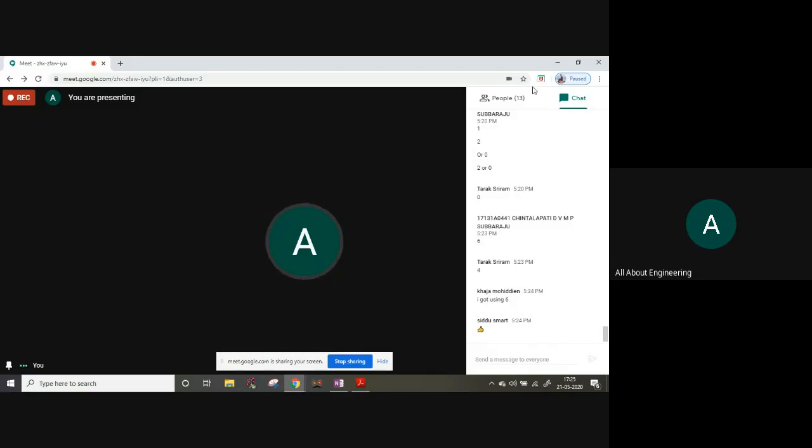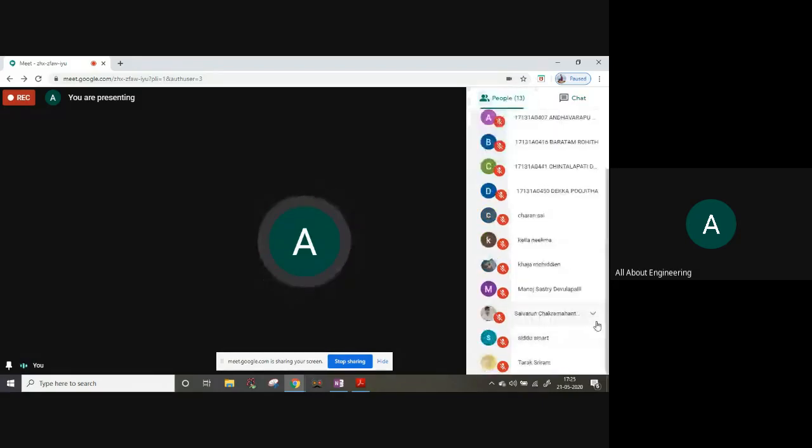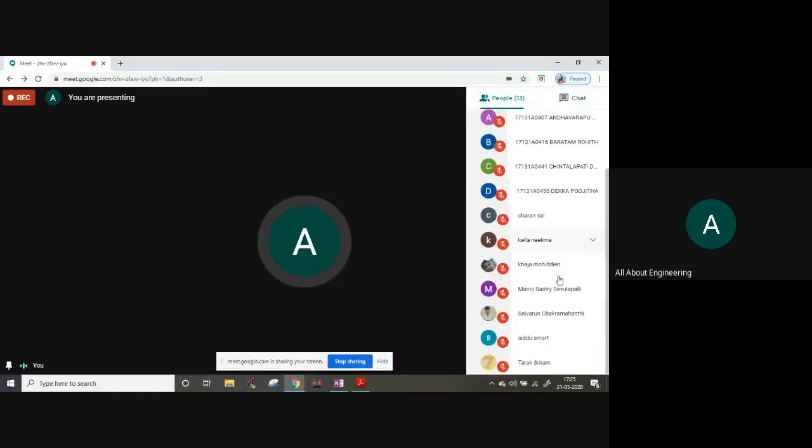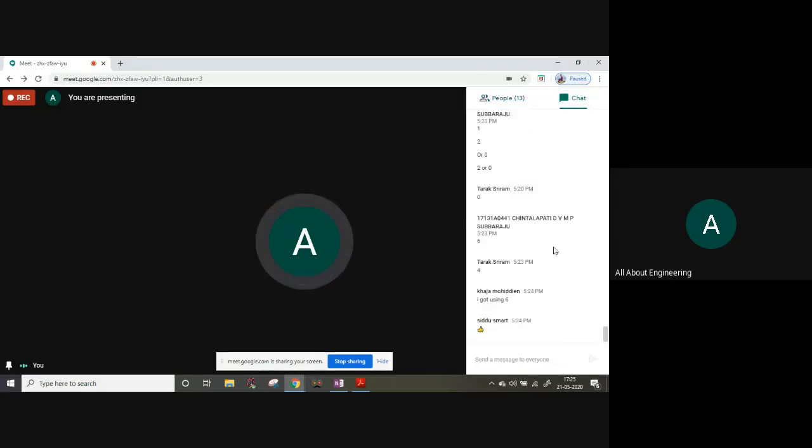Guys, see, there are 11 members who are actively participating in this session, but only a few are constantly replying. Where is Varun? Why is he not replying? Sai Varun, why are you not replying? So there are 4 members who are actively participating in this chat session. Remaining are not utilizing this chat box for active discussion and not fulfilling the purpose of a live session. The live session is just for interaction, so that you can ask your doubts and I can clarify them instantly. If not, I will just explain to you. You have to interact more in this chat box.